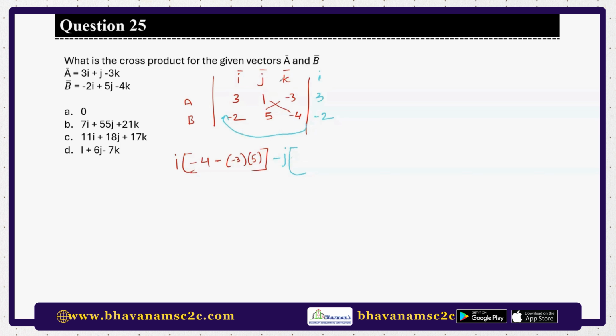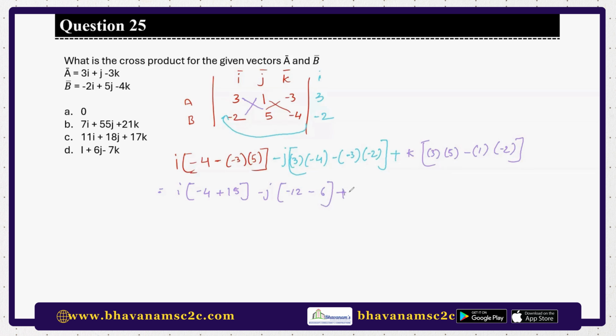Okay. Now when you calculate the values for j, what you have to do is 3 into minus 4 minus 3 into minus 2. And now for k, you have to go with these two. For k: 3 into 5 minus 1 into minus 2. Now it's going to be i times minus 4 plus 15, minus j times minus 12 minus 6,